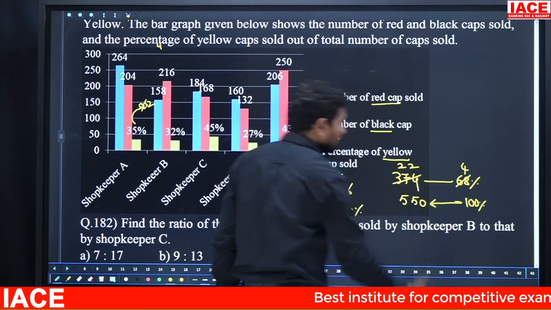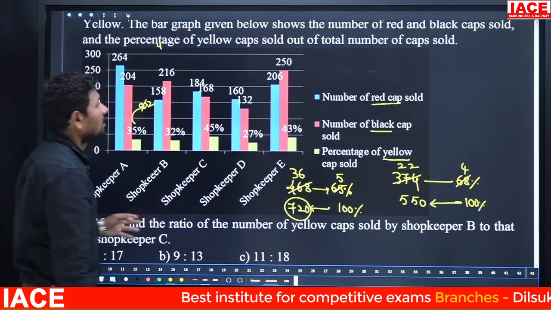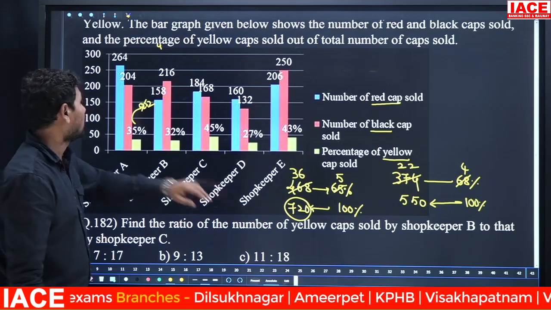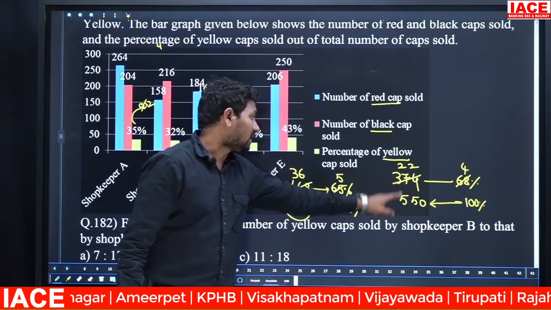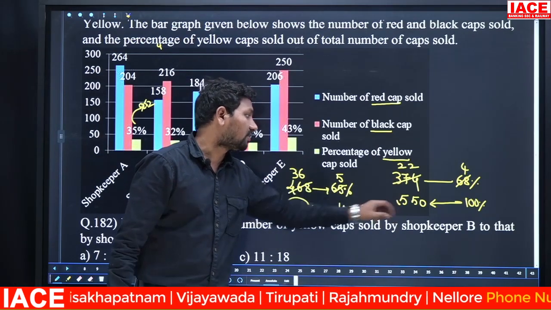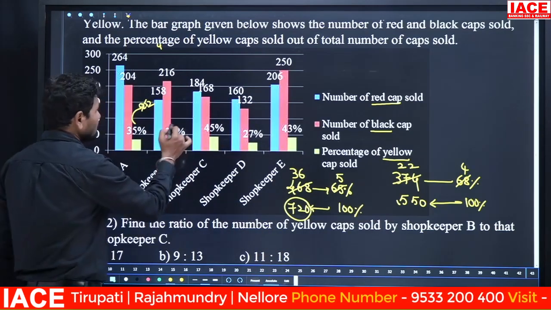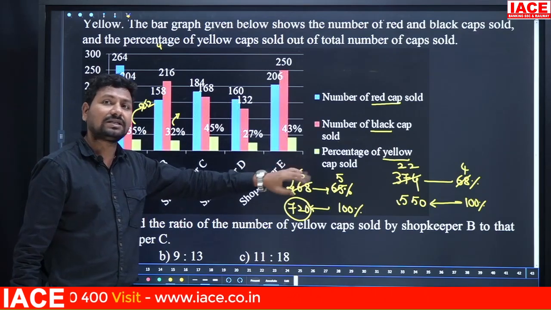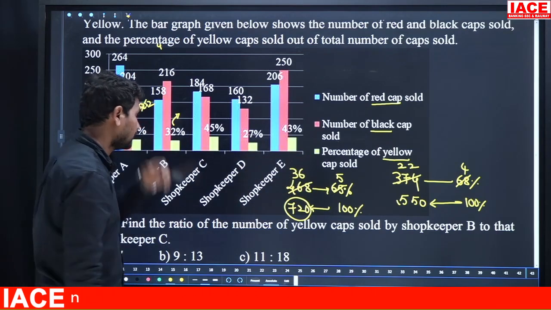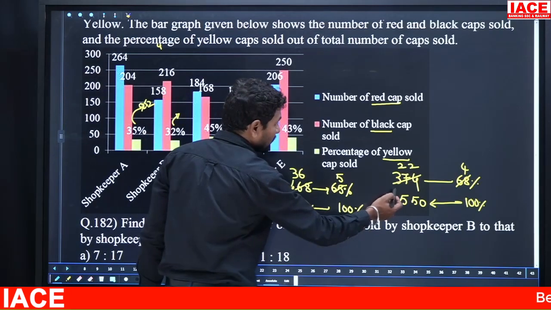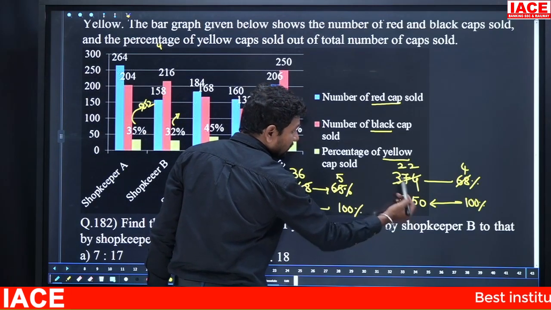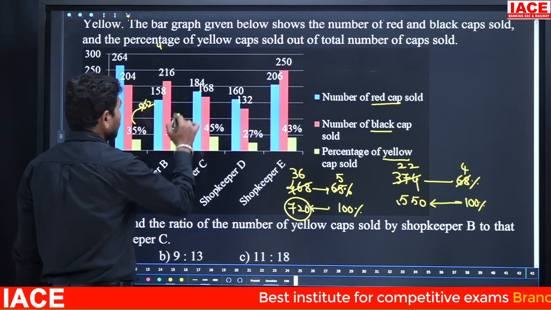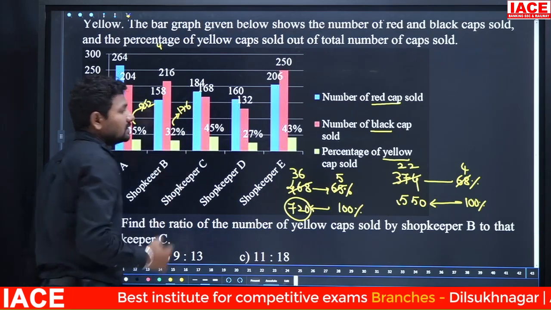That means this shopkeeper sold how many number of items? 550 items. Out of 550, this 374 will be removed. You will get this value. Otherwise, you can multiply 32 into 4, 8 times. 8 sixteens, you will get 176. Otherwise, you can remove the value also. Okay, 176. 374 is removed from the 550, you will get the same 176. Okay, 176. This we can also do.